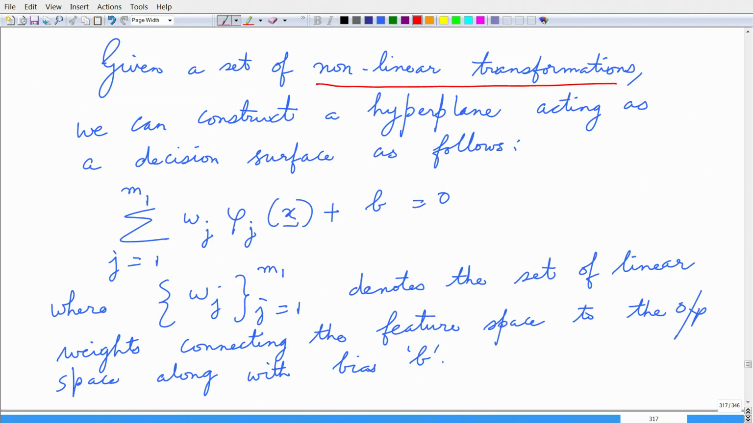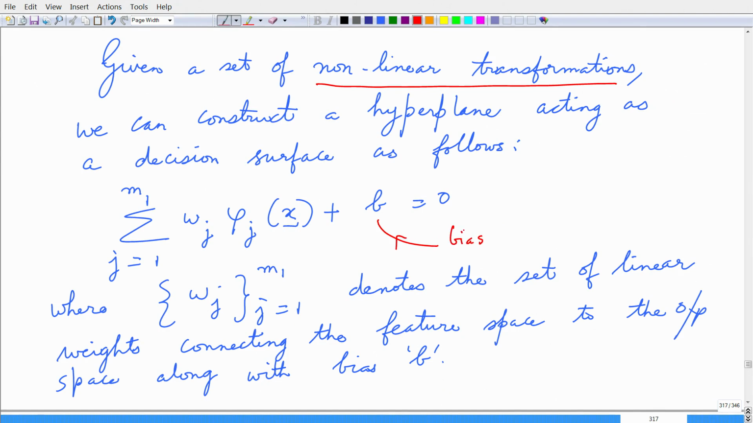Given a set of nonlinear transformations, since I am interested in an optimum hyperplane for linear separability based upon the feature vectors that are obtained through nonlinear transformation from the input vector x, I want to construct a hyperplane in the feature space. The equation for the hyperplane is given by summation j equals 1 to m1 wj phi j of x plus bias, right, this is the bias,